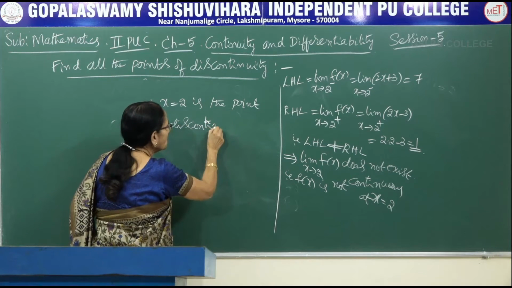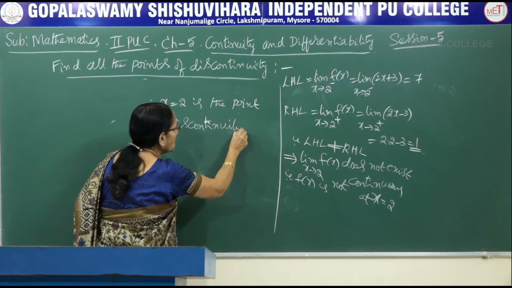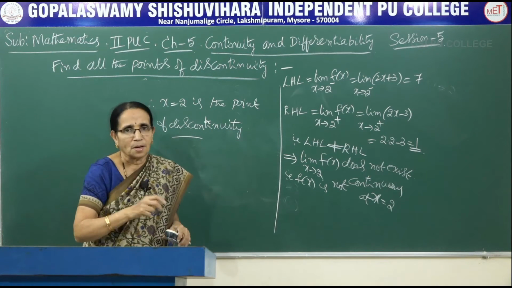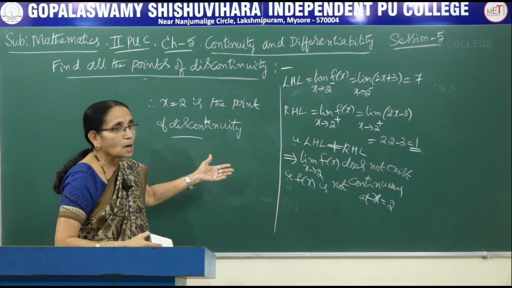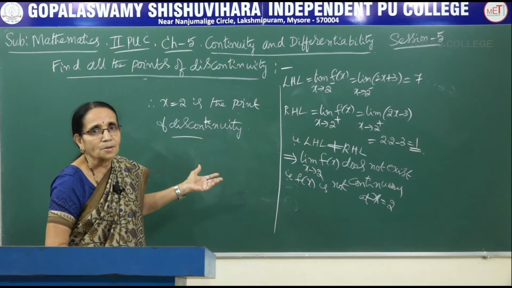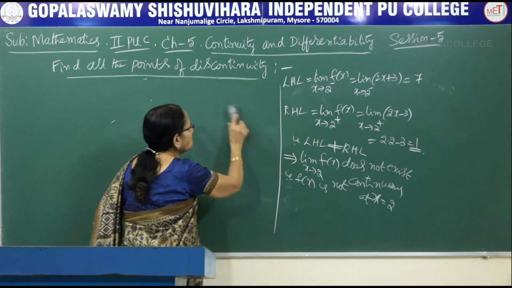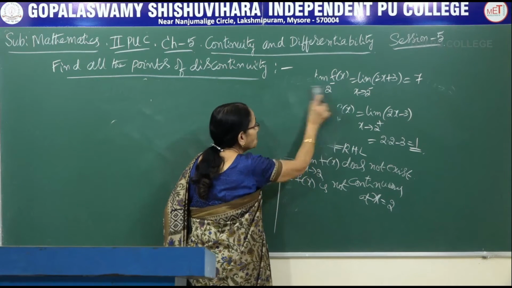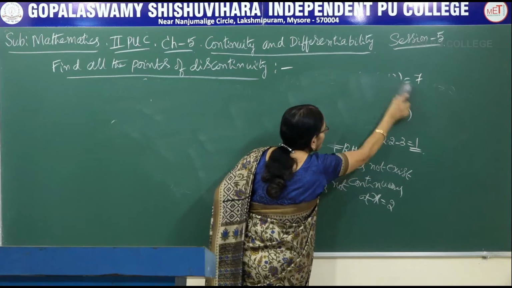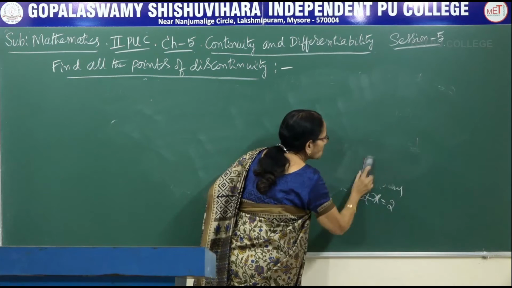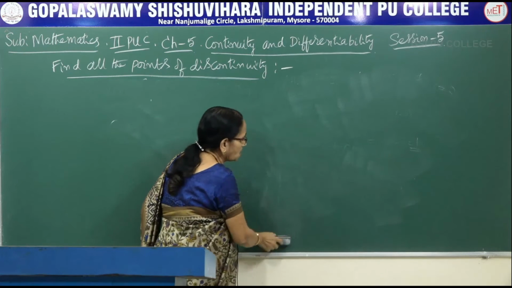Point of discontinuity. Okay. So this is how you have to write the answer or the conclusive sentence. In whatever way they have asked the question, write the answer in the same way. So here, when the function is defined like this, depending upon the function that has been defined, you have to consider the different cases. Sometimes it would be given as x equal to 2, x unequal to 2, like that.